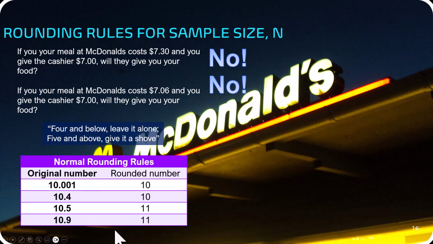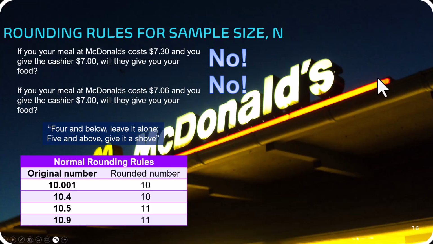And it's demonstrated here on this table, right? So 10.4, I would round that to 10. 10.5 and anything above, I would round up to 11. So McDonald's, right, going and paying for something, is an example where these rounding rules absolutely do not apply. Even if there's only a few pennies extra, I still have to give the cashier this much money or more,